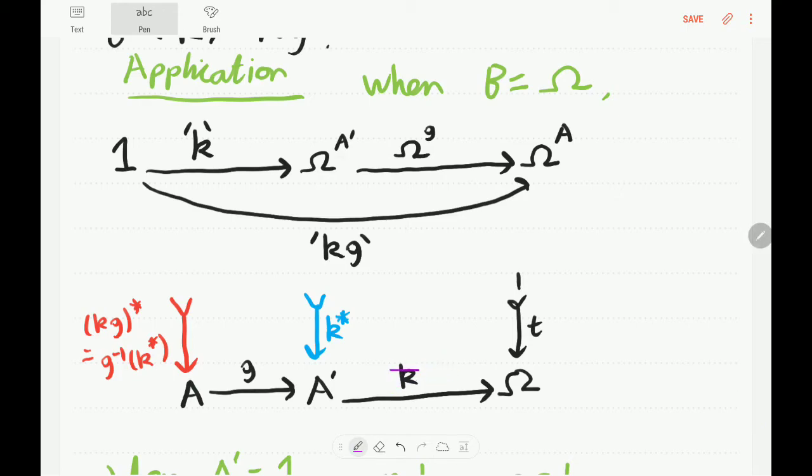Well, k basically corresponds with an arrow from a dash to omega, and then there's this sub-object k star of a dash, which is the pullback of true along k. And then this arrow, the name of k dash, corresponds basically to the pullback of k star along g. Okay, so the way we can think of this omega to the power of g arrow is it takes in